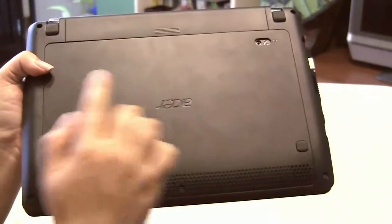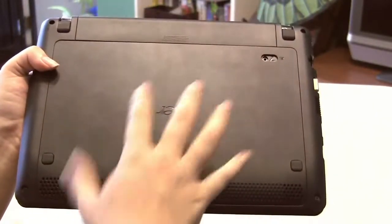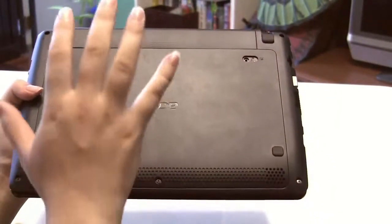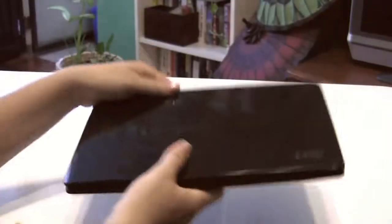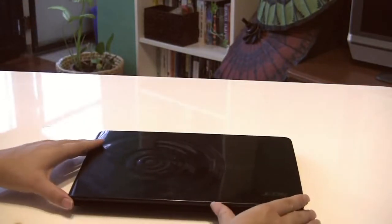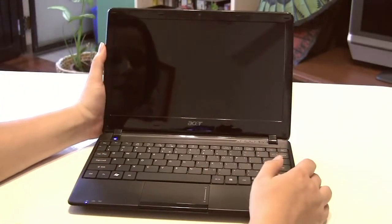This entire panel comes off if you want to upgrade the RAM. Online, I noticed most of them come with 1 to 2 gigs, generally 2 gigs of DDR3. But because of the AMD C50 CPU, you can actually upgrade this to 4 gigs of RAM. I strongly suggest you do that because the difference that it makes in opening and closing programs and running multimedia is noticeable if you double the RAM. So if we wake this computer back up,